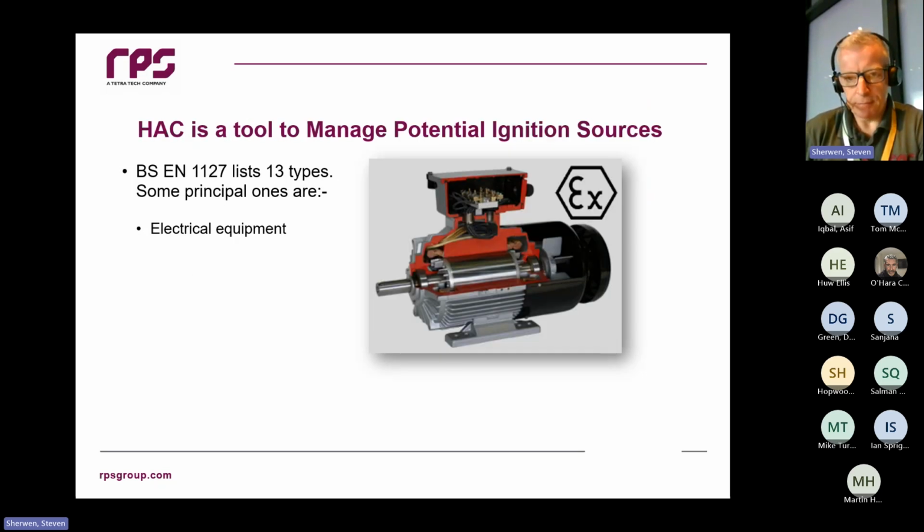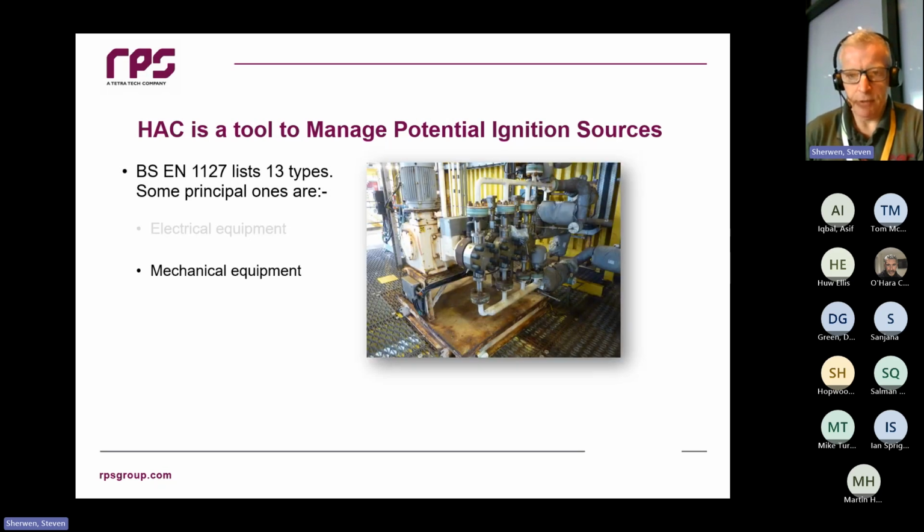And why do we do it? Well, as part of your DSEAR assessment and with support from BS EN 1127, you have to do a DSEAR assessment and identify ignition sources and how those ignition sources could be managed in a zone. So top of the tree, what most people think of with DSEAR is electrical equipment. So when you've got a zone, electrical equipment that goes into the zone needs to be appropriately certified and well managed. Mechanical equipment, for all its clankies, now needs to be certified and managed in much the same way as electrical equipment does.